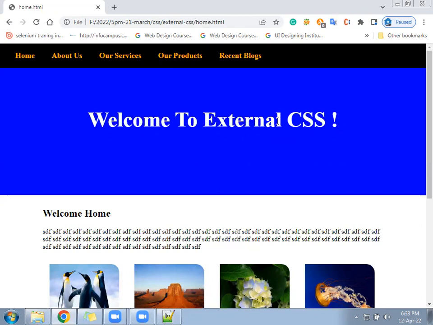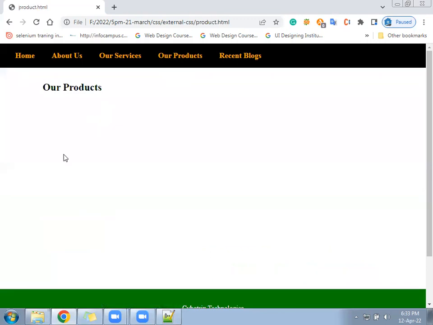Next work will be, suppose home is there, before home there should be an icon. Before about, there should be an icon. Those icons come from a library called Font Awesome. We will download it tomorrow. It's a CSS library. Just as we wrote external CSS, similarly that is also CSS. We will download it and integrate it with all the pages. And after that, maybe in the service page, we will display the icon text in boxes with some extra effect.